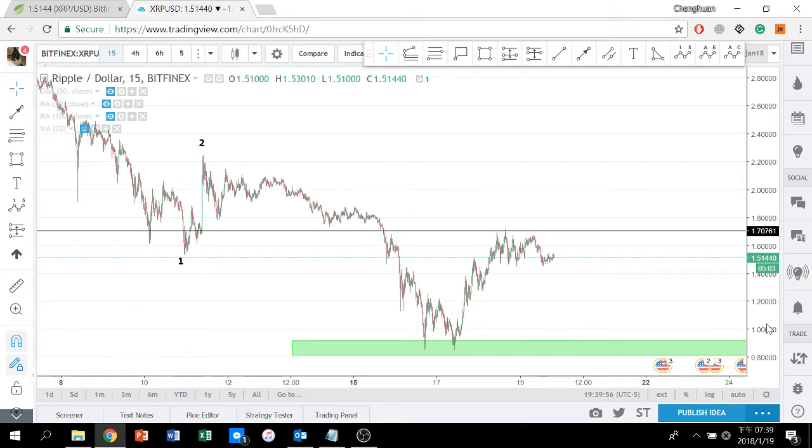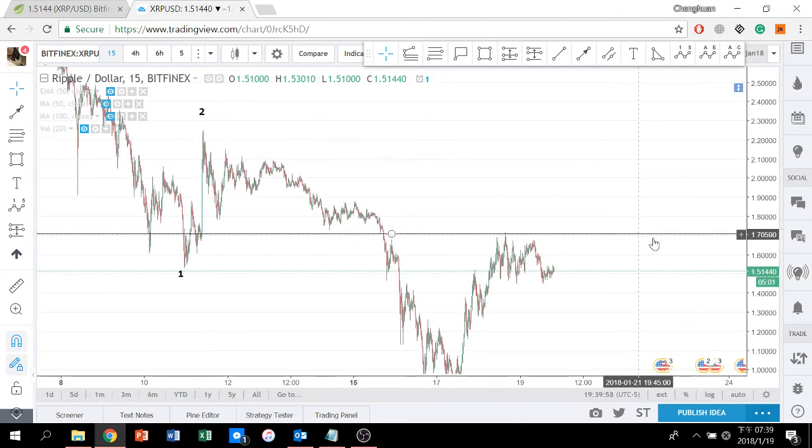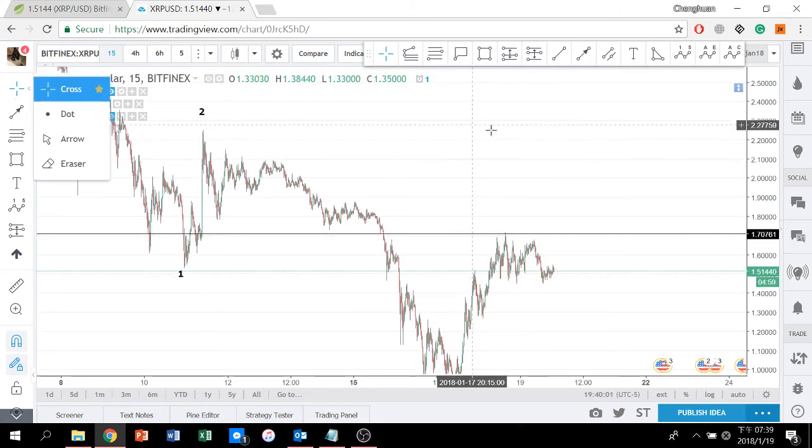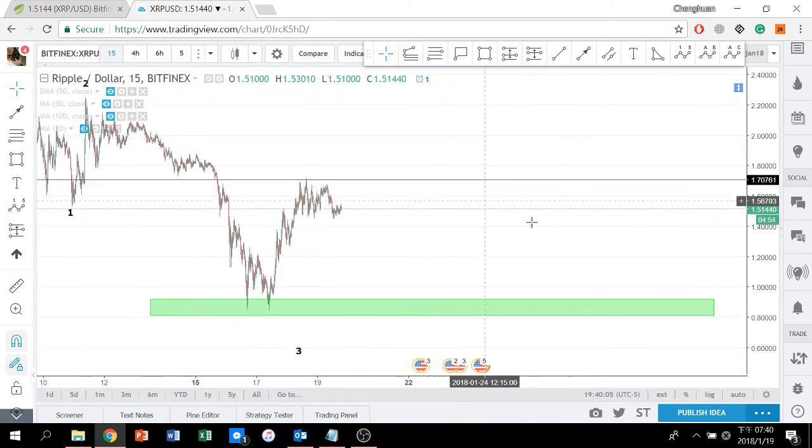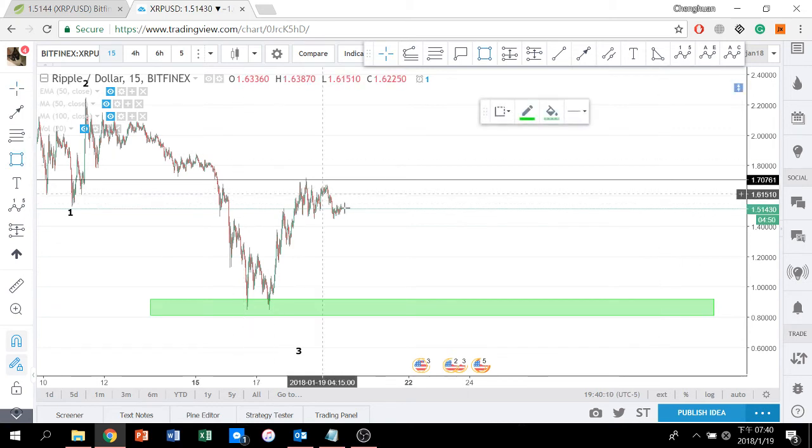But of course, you wouldn't just close all your position as soon as it hit here, right? You would wait for a pullback. So that would be a stop loss, let's say just there, and an entry around 1.55, right? Around what we have here.